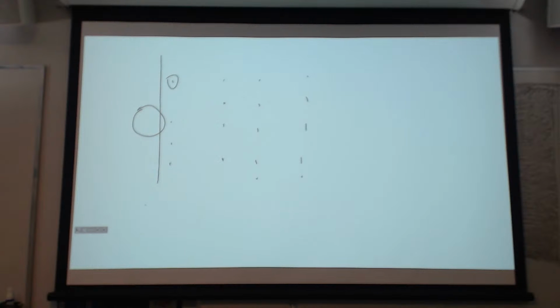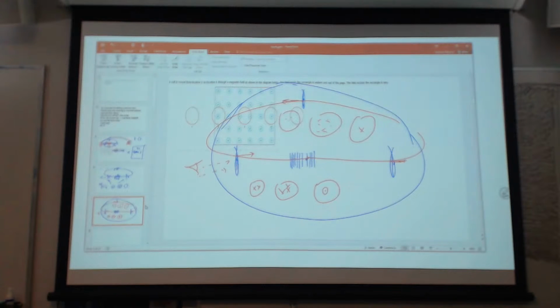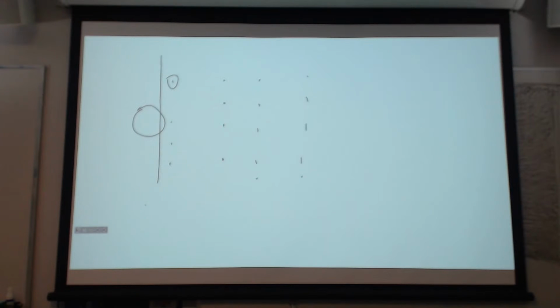Again, we use what we have to use as long as we use it correctly. I just want to check: the magnetic field points out of the screen. And so let's say this loop is entering the magnetic field. So right now we have only a small flux. When the loop enters more, the flux has a larger value. So to compensate for this increase, the induced magnetic field should point